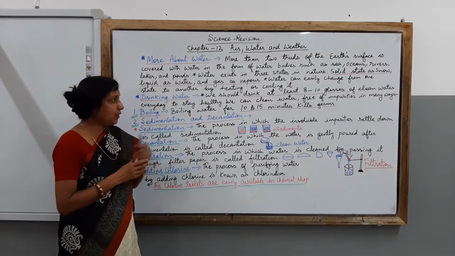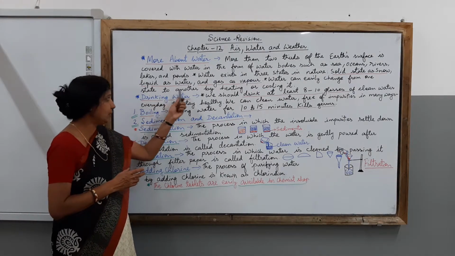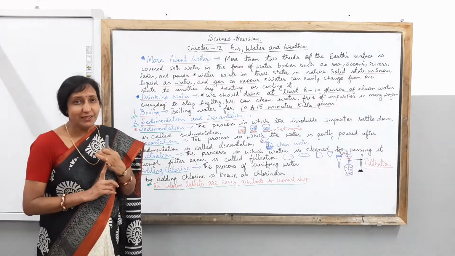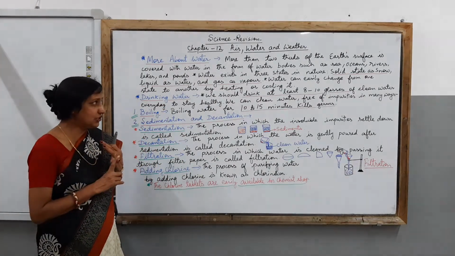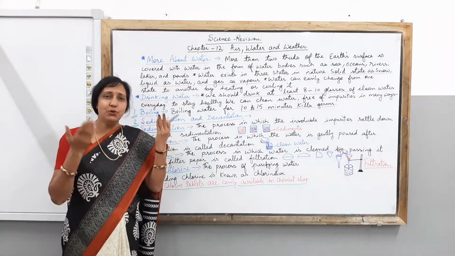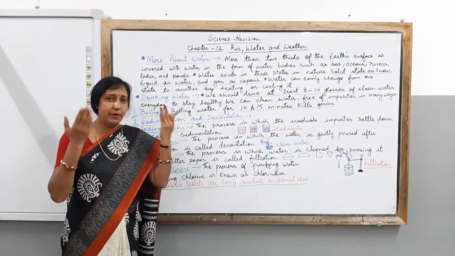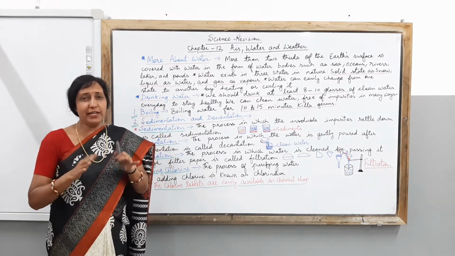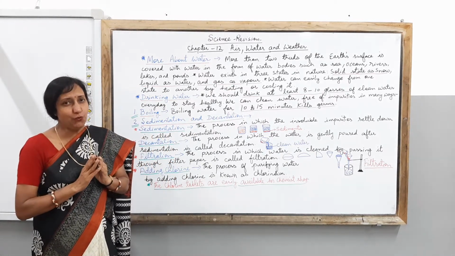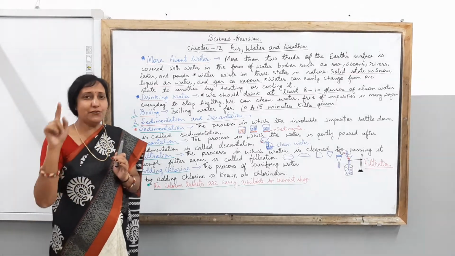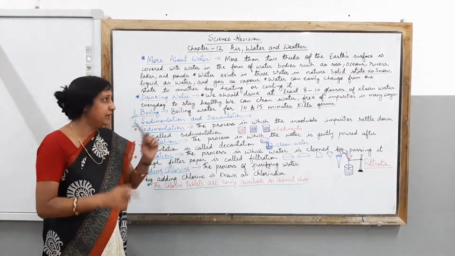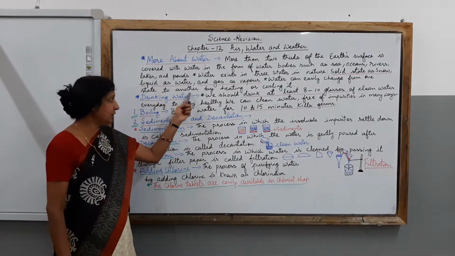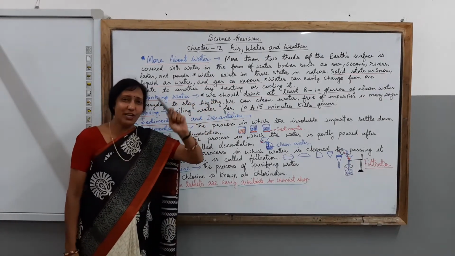Now children, water can easily change from one state to another by heating or cooling. This is one of the fact. Children, when we are heating water, what is it changing into? It is changing into steam, water vapor. Then it is cooling after some time. What you are finding? Again, it is changed into water droplets. So this kind of a thing is letting you know that water can easily change from one state to another by heating or cooling it.